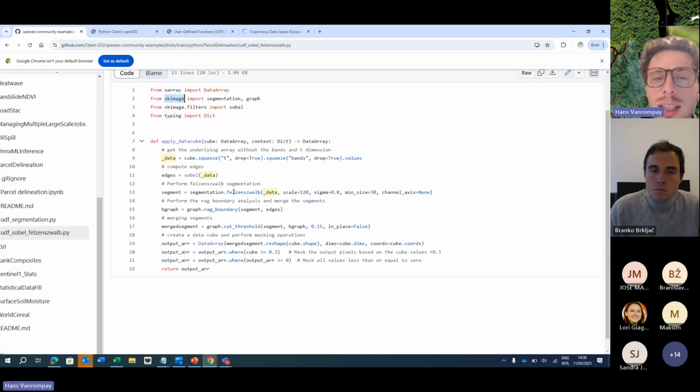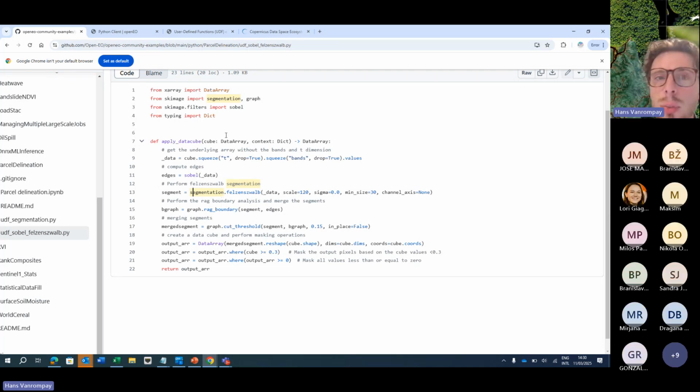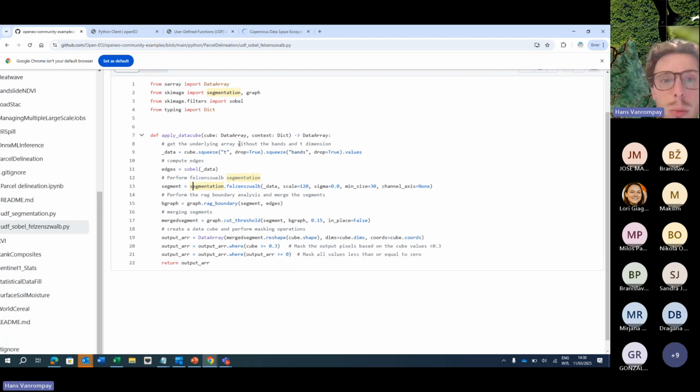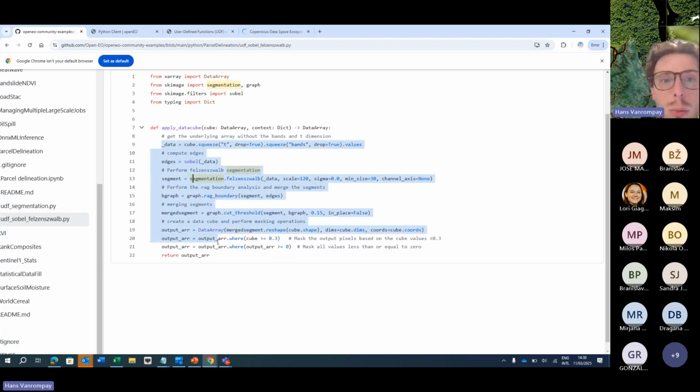So we're using all this standardized functionality within our UDF. So these are not openEO specific processes. It can be that you did some local testing, you explored potential usage of filters and segmentation algorithms in scikit-image. You would like to use this in your cloud-based openEO workflow as well. Well, what you do is simply copy-paste your workflow into this UDF definition,